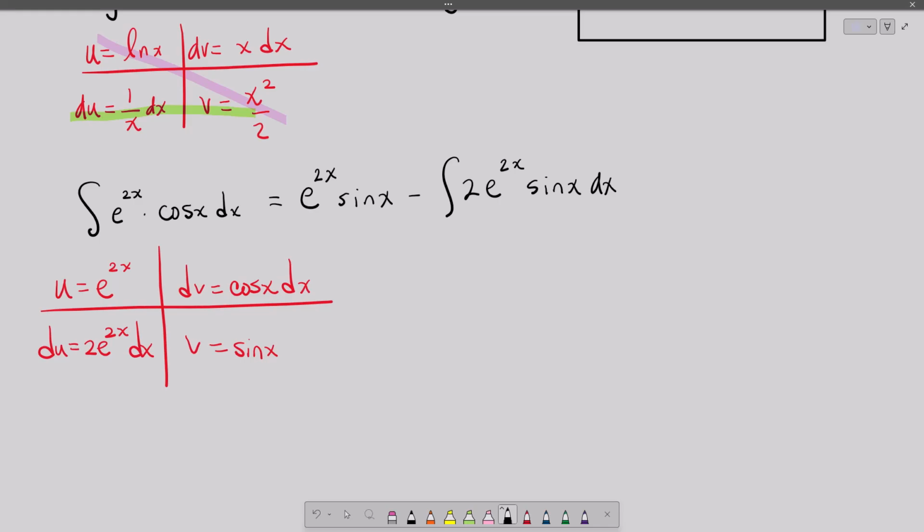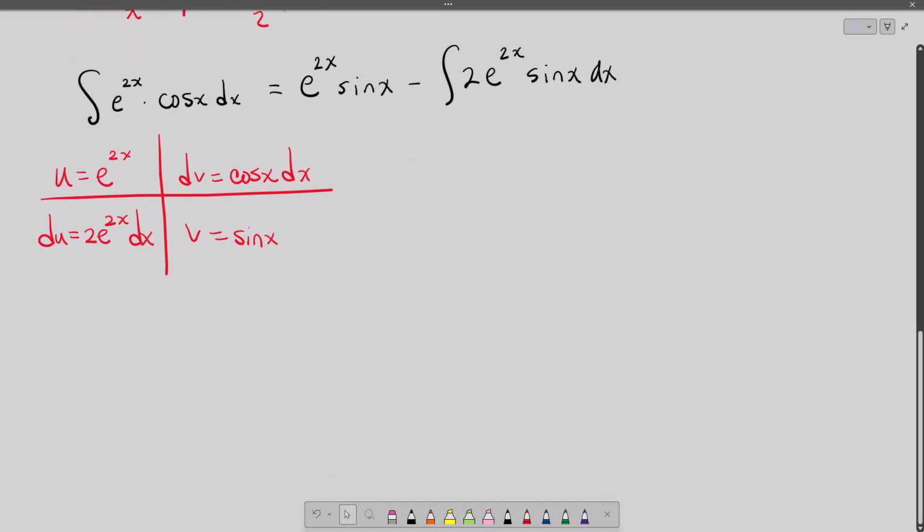And here's where we start to notice this twist about to happen. We often ask at this stage if the integral is easier than the original, and here we see that it's comparable. It's not easier, it's not harder. It's still a trig function times e to the 2x. And so when we do our second integration by parts,